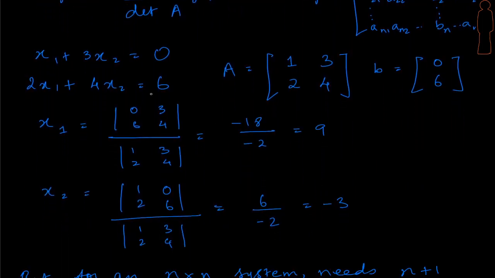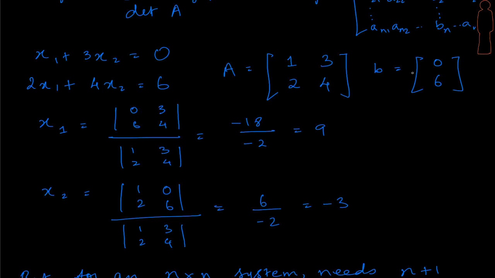So here are two simple equations. I've written the coefficient matrix here, A, and B is going to be 0, 6, the right hand side. Okay, so let's take a look at x1. This must be determinant of B1 divided by determinant of A. Determinant of A, I think we can calculate that one time, so it's coming out to be -2. Okay, take a look at what is Bj. Bj is removing the first column, replacing it with the B vector.